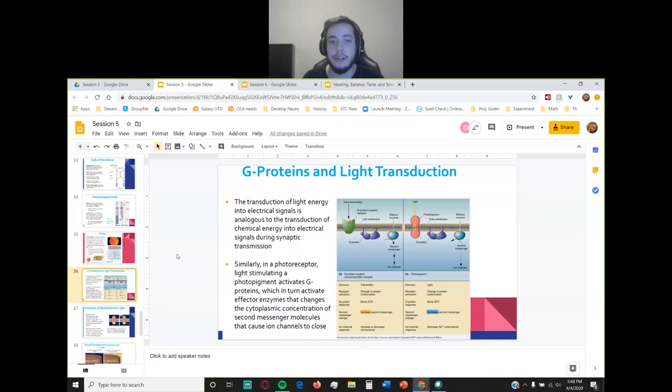So light transduction is going to be using G protein, so it's a cascading effect. It's going to activate something, and that activation, the light activating the photopigments, is going to break down GTP, and that is going to cause a large effect, as opposed to if it was an ion channel where it wouldn't magnify itself, it would just stimulate the one channel, and that one channel depolarizes, as opposed to having a cascading effect where one change activates one enzyme that activates tons of molecules. So I think there's a little more detail in the next slide